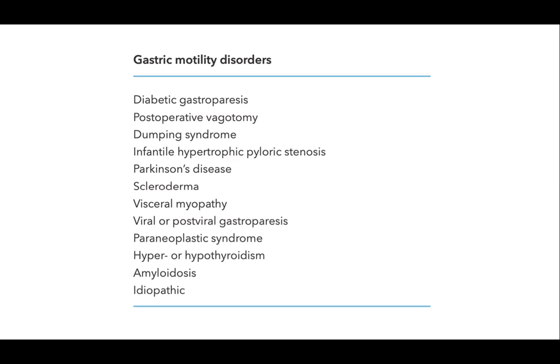We just reviewed that there are muscle components and neurologic components to this. So you can imagine anything that affects those different systems would affect the way your stomach, or really even your intestine, empties. So you go farther in the chart: paraneoplastic syndromes, amyloid would be an important concept. Idiopathic, as for many disease spectrums outside of GI, is usually a very common cause. You just don't know. And unfortunately, idiopathic gastroparesis specifically is probably the most common form of it. We really don't know what causes it in most cases.